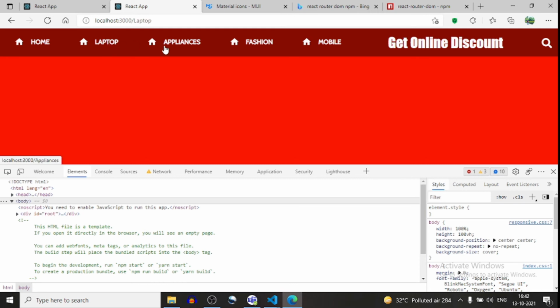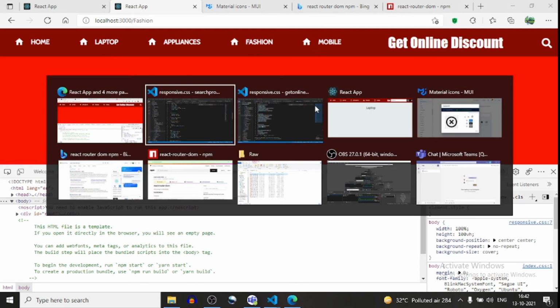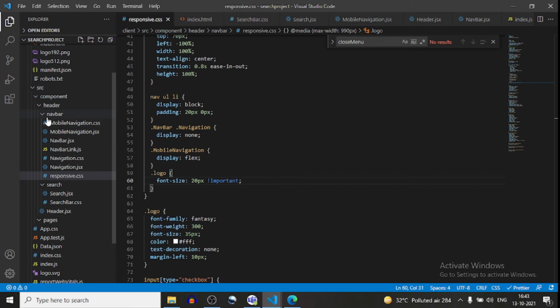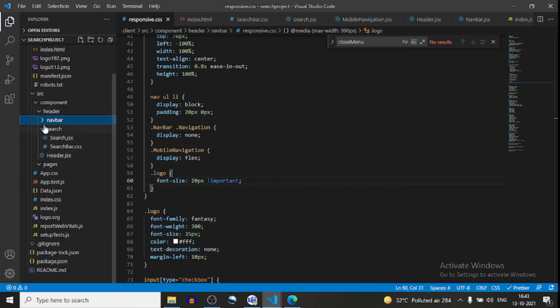The next task is we have to create the pages. I will go here, we have the navbar here, and here we have the pages folder.